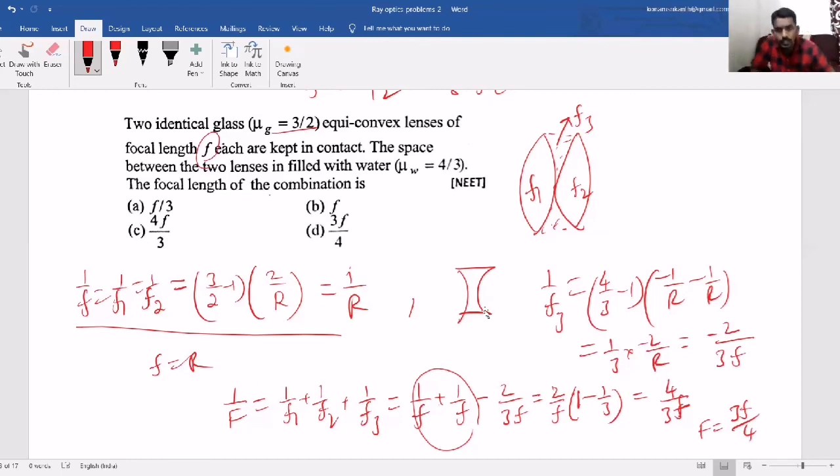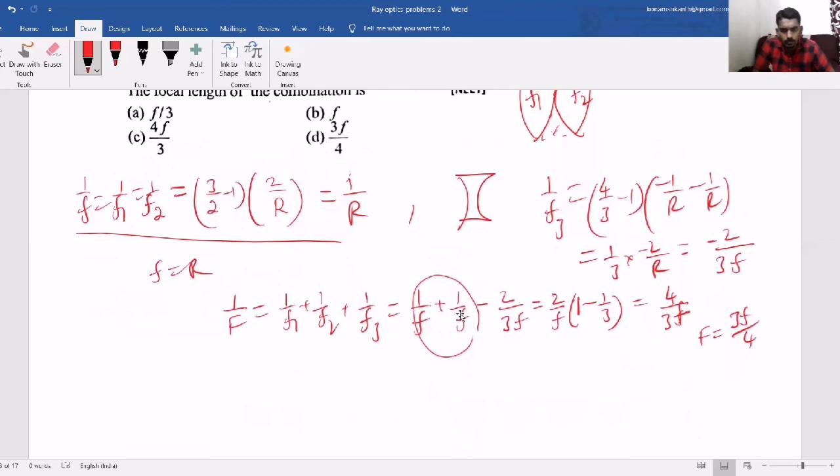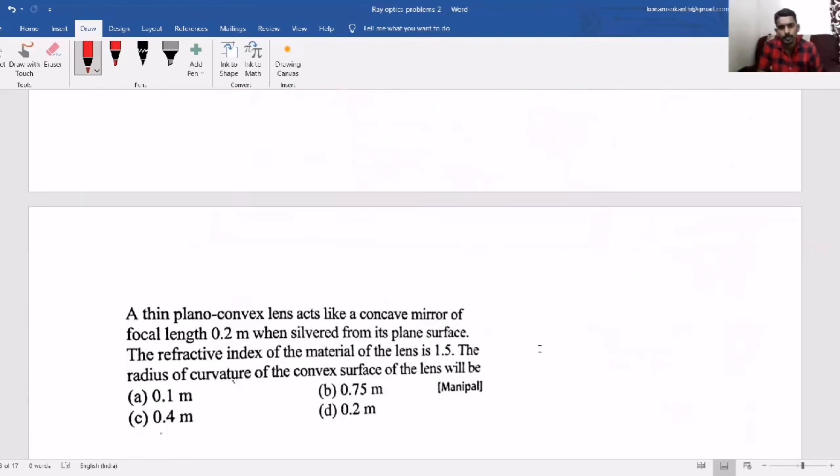So this way, I told you already this kind of question they will ask. And if you look at it, this is a NEET entrance question only, so that kind of question can come. Just take care of the calculation properly. The same question can also be asked, as I said, in case of two concave lenses kept in contact, F1, F2, and this space is filled with some liquid or some medium. Then that acts like a convex lens, and now the combination is like three lenses kept in contact. So 1 by F equals, same again, 1 by F1 plus 1 by F2 plus 1 by F3.